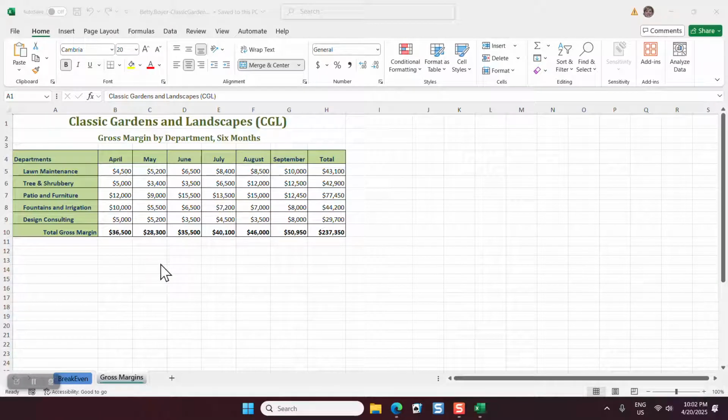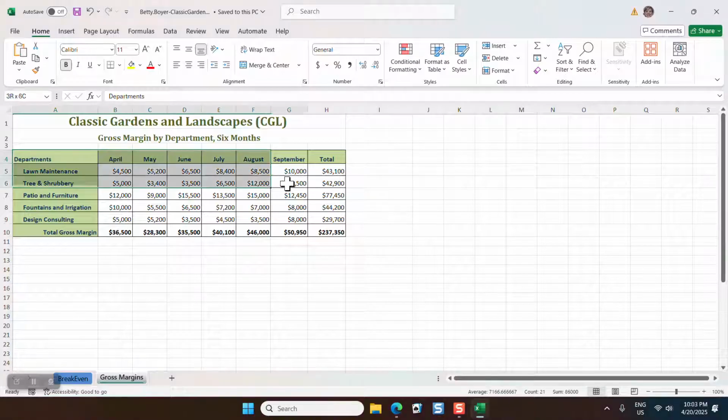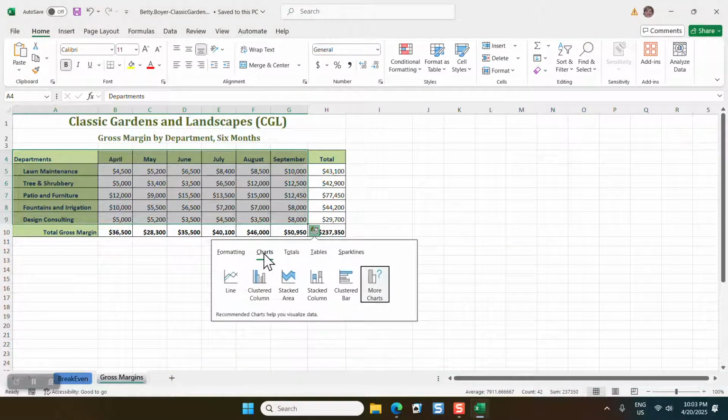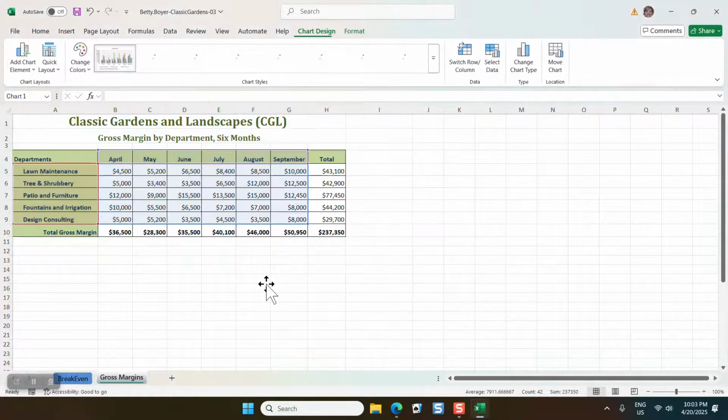So the first step says to use the quick analysis tool to create a clustered column chart object for cells A4 to G9. So I'm going to go through this rather quickly. So we're going to go to A4 right here and go all the way over to G9. This little icon here, that's the quick analysis tool. So I'm going to go there, choose charts, choose clustered column, I believe is what it said, and there I